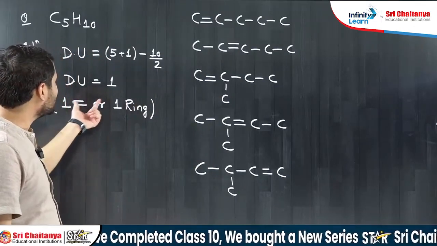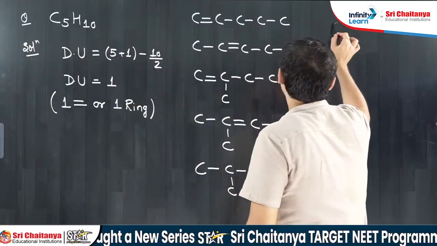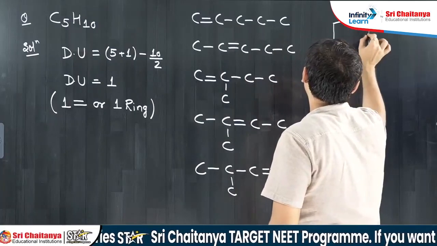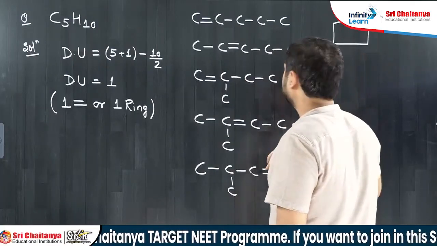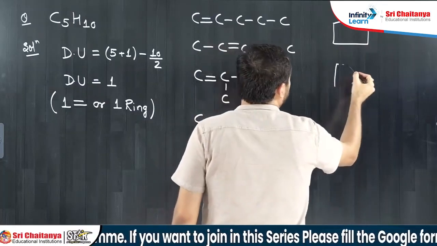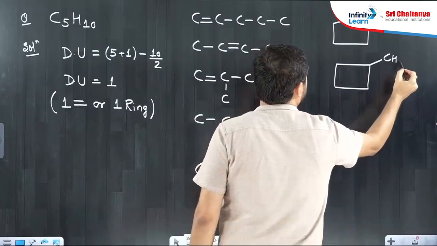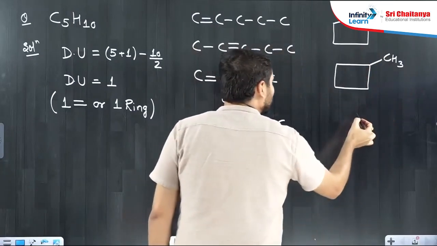Now the double bond part is completed. Now we have to draw for one ring. The ring can be of 5 carbon atoms, so we can take 5 carbon atoms in the ring. Next, it is not necessary every time that 5 carbon atoms are in the ring. So it is a 4 carbon atom ring and one methyl branching is present, CH3. Next possible case is